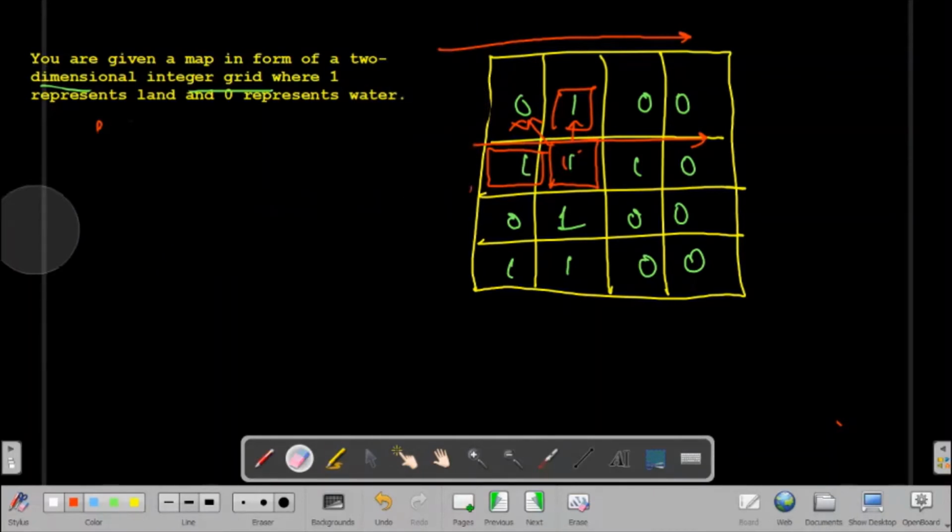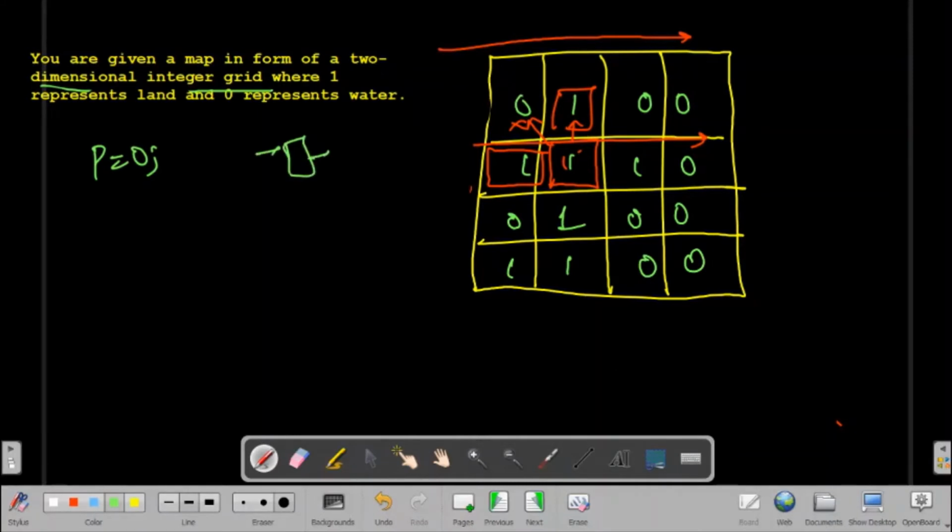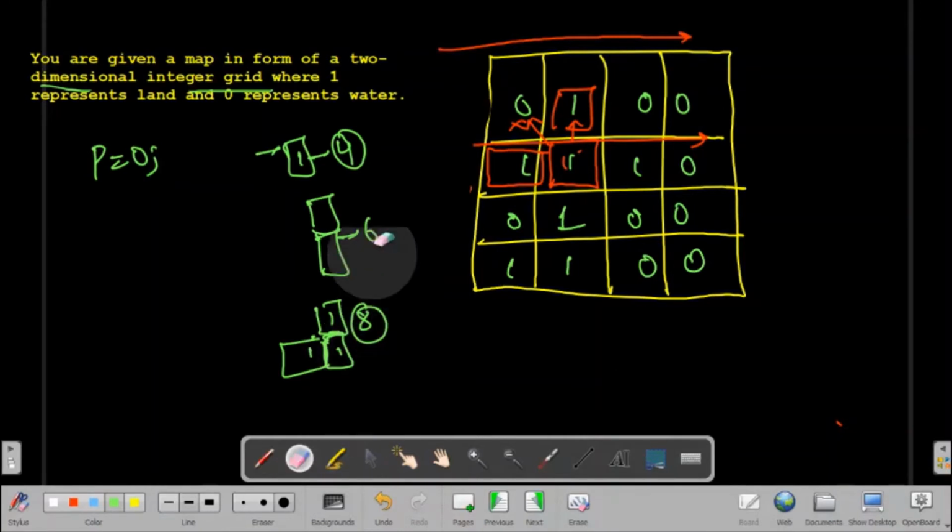So let's solve this. We will have a perimeter variable, initialized with 0. Whenever we see one proper box, we will add 4. When we have these conditions, we will add 4 plus 4 is 8, and 6 minus 2, we have seen earlier. When three of them are 1, then we will add 4 plus 4 plus 4 minus 4, because for here minus 2 and for here minus 2. So we will be having 8. So this is what we will do, right?